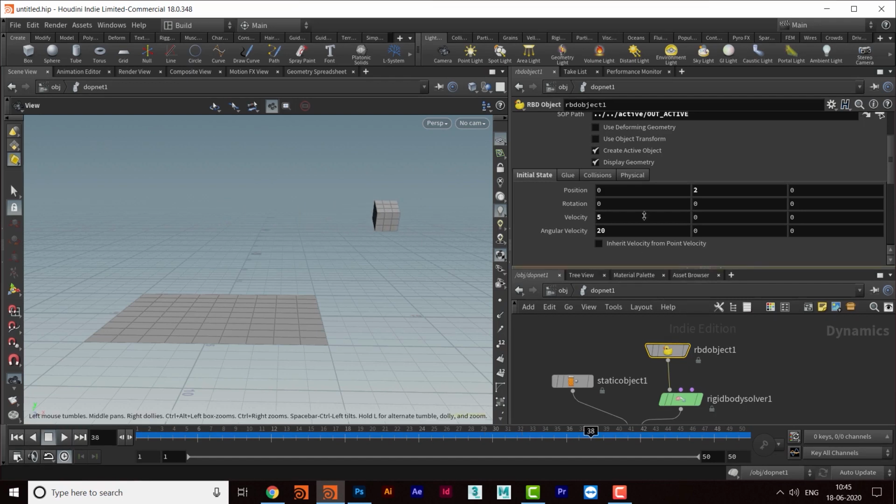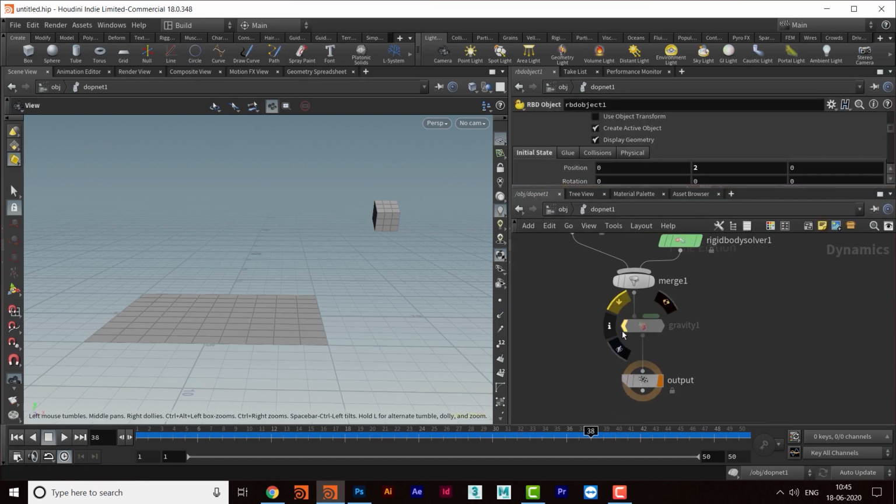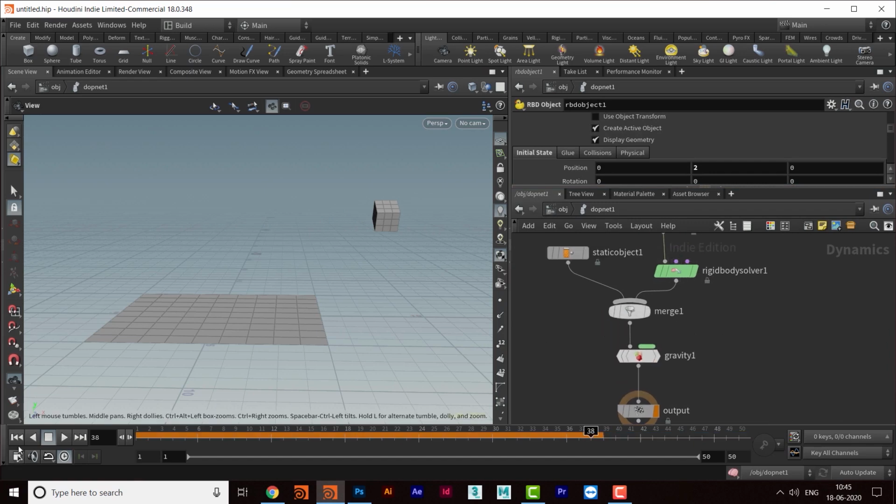So what if I switch on the gravitational force also? These forces will not go away. They will remain there and be working on this. But along with that, this object will go down and hit the surface like this.